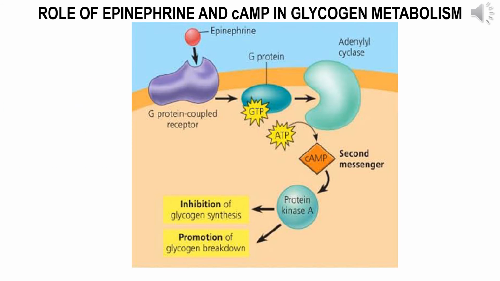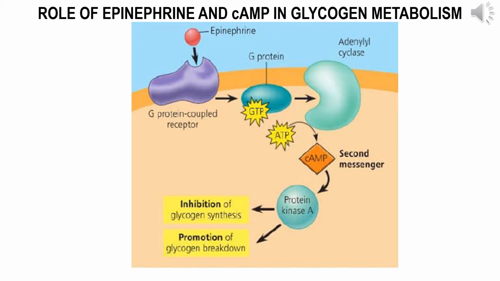As we saw in the previous slide, epinephrine is binding with a G protein coupled receptor. When the hormone binds with the receptor, it activates the cytoplasmic site, and this in turn induces the G protein to bind with GTP. Now the G protein is activated, which in turn induces conversion of ATP into cyclic AMP by adenylate cyclase enzyme, which also is bound to the membrane.